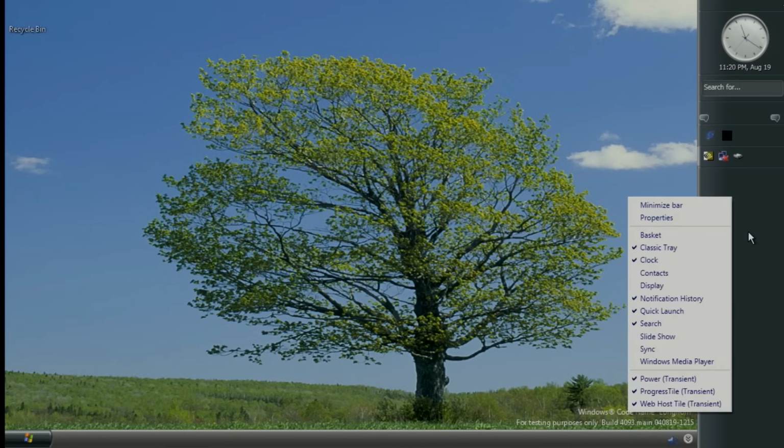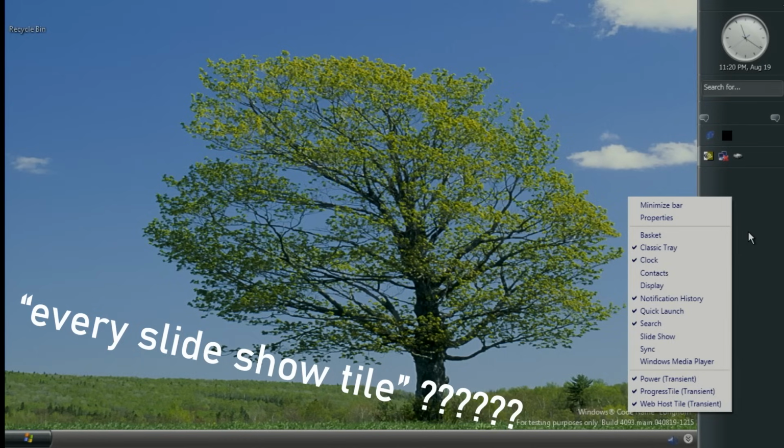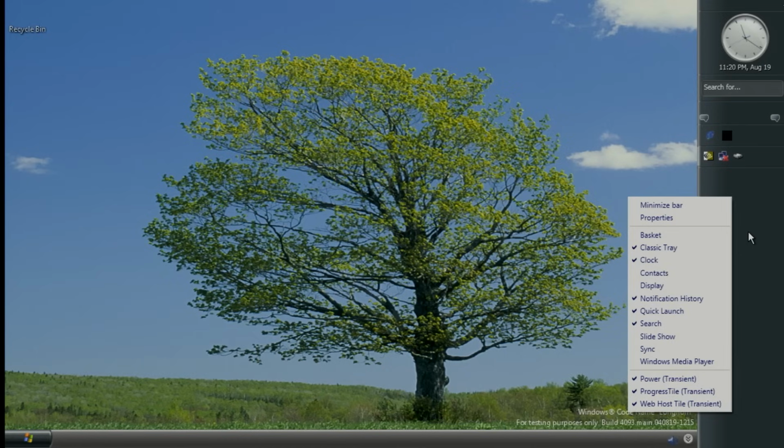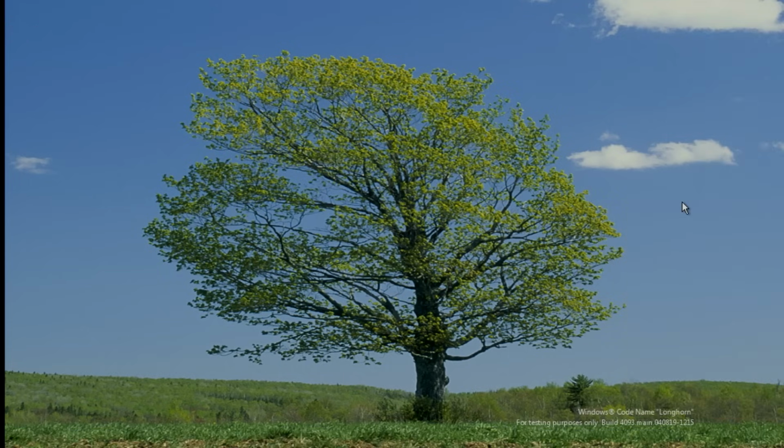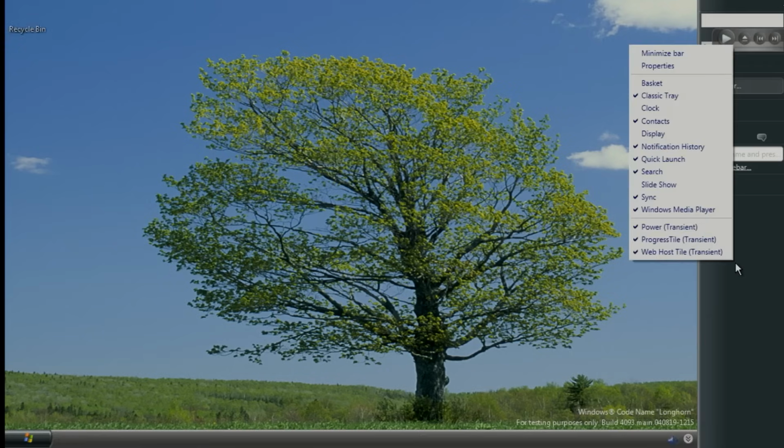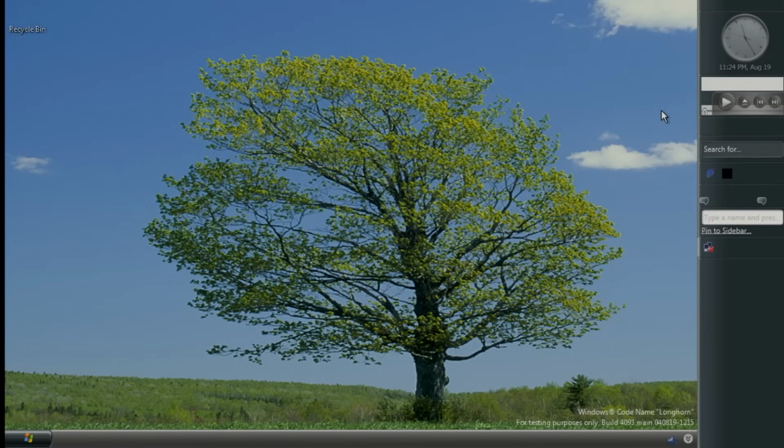bad. This build has pretty much every slideshow tile that they had previously used at all. There's a couple absent ones, like the desktop manager ultimately never made a return. There's also a new display tile, which if you try and enable it, it will just break Explorer instead. The clock tile is now back at the top of the sidebar. The Windows Media Player tile has been